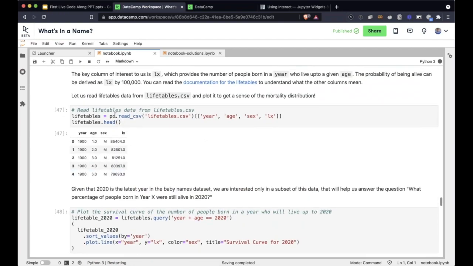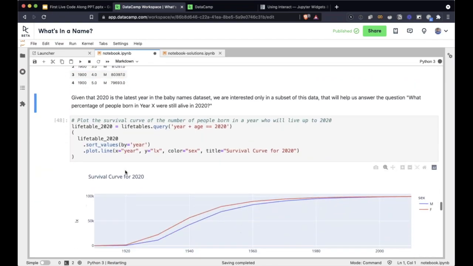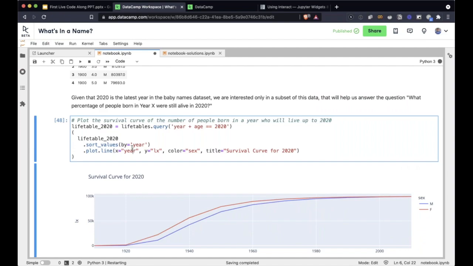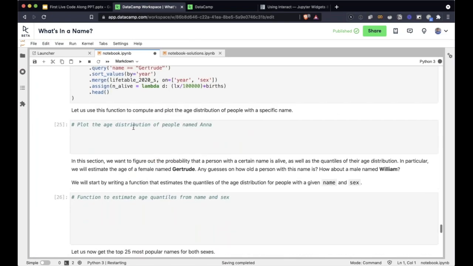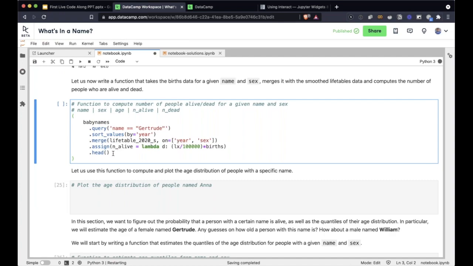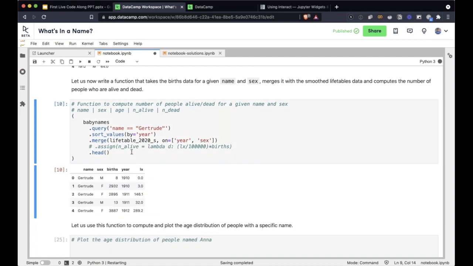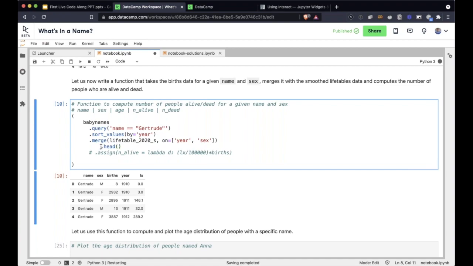So let's get the live tables here, live tables query, and live tables smoothed, and then back here. So what I'm going to do here is just to make sure that, let's just comment this out. I'm going to run this to make sure that we have everything. Okay, it's good. I'm going to move the head part up here, so we are not running it on all the data. We're only running it on the first 5 rows.